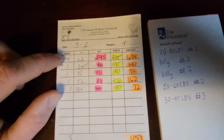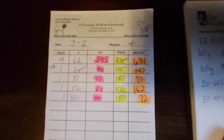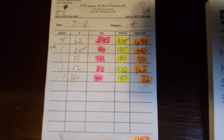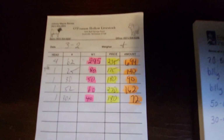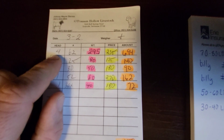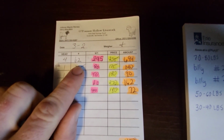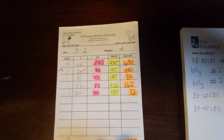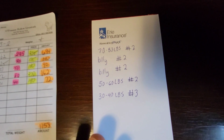So the top line, let me see if I probably shouldn't have these next to each other. It's not helping. I highlighted it so we could tell better. It's not wanting to focus. Anyway, top line, forehead. I had 4 goats in this category, which the grade